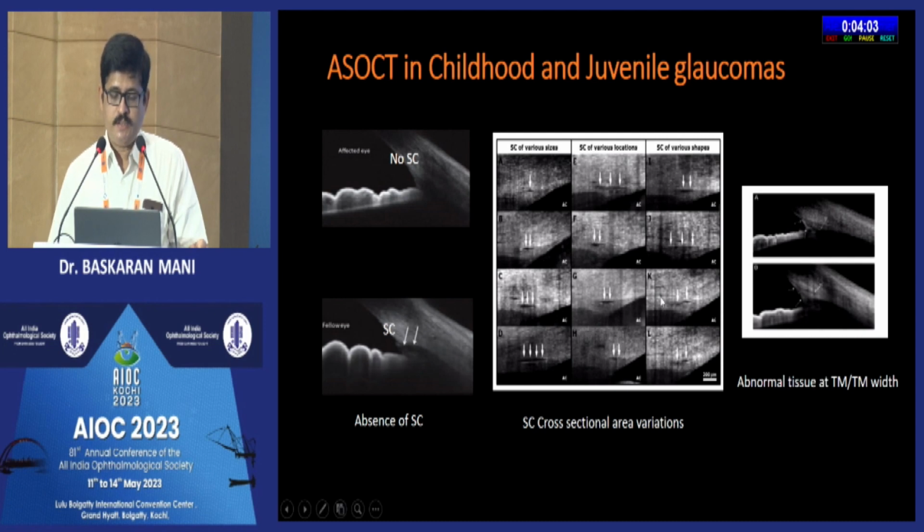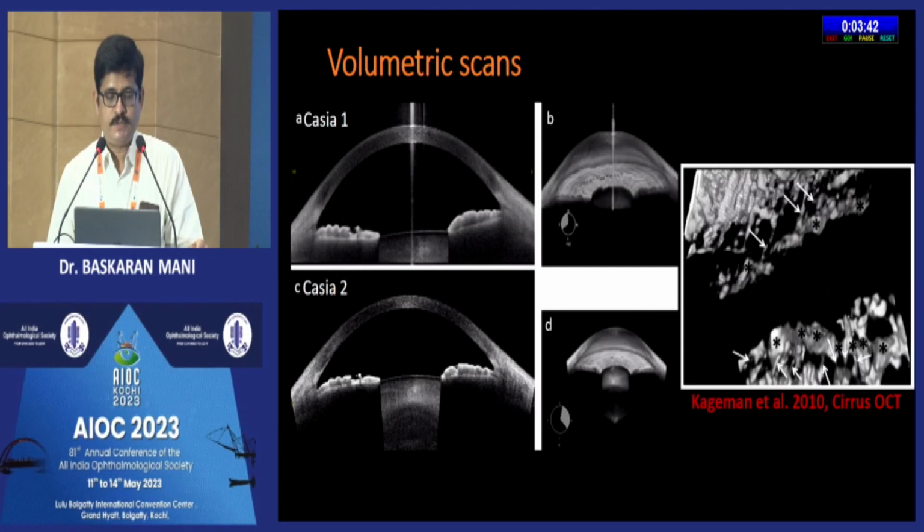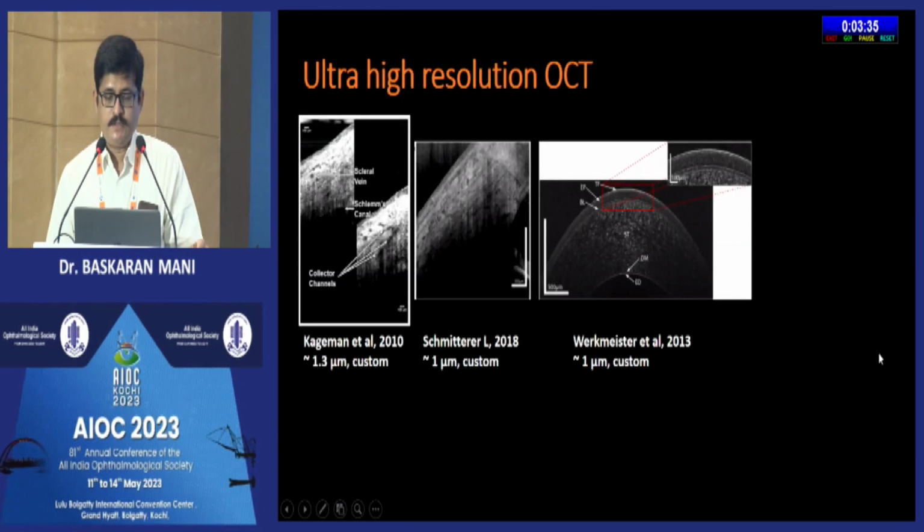And we also see that in the Schlemm's canal there are variations, and we don't know whether that can actually tell us some prognostic factors that we need to see in future. Also, there is digital enhancement available, ultra high resolution. Basically, these are more in favor of looking at the Schlemm's canal and the angle, where these new MIGS procedures are coming up. As you can see, that is a cross-sectional view of the Schlemm's canal that can be done with these images. These are ultra high resolution OCTs where 1 micron resolution is seen, more for corneal procedures,